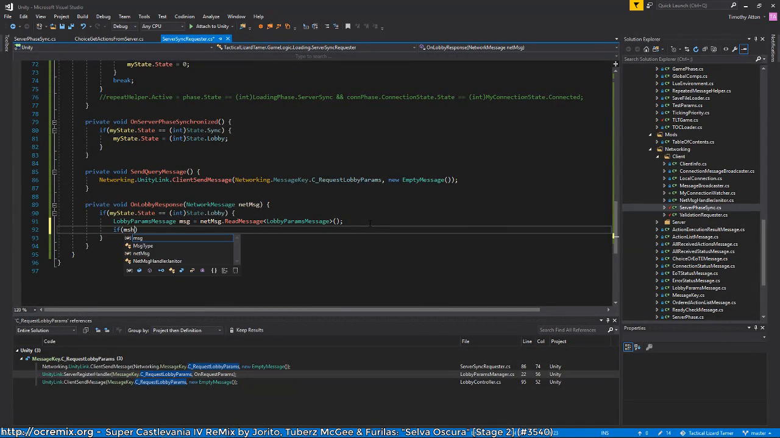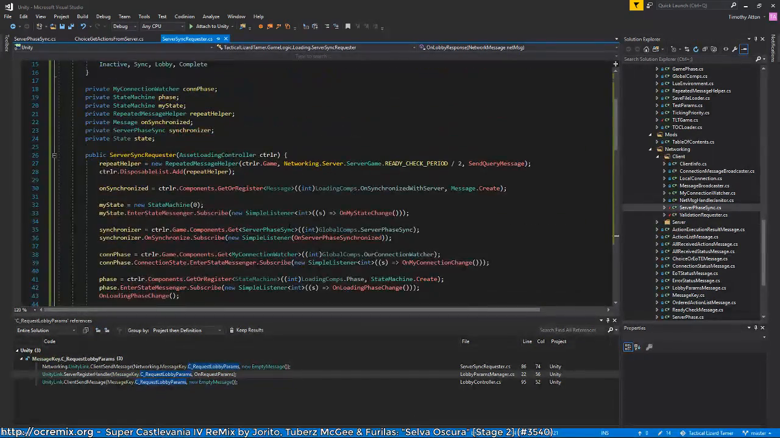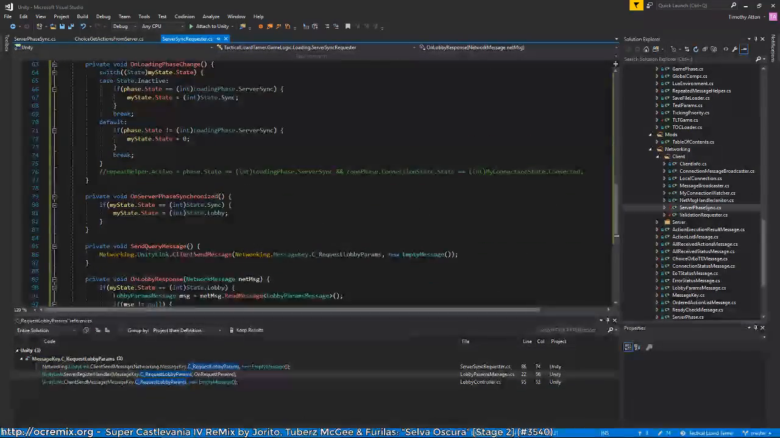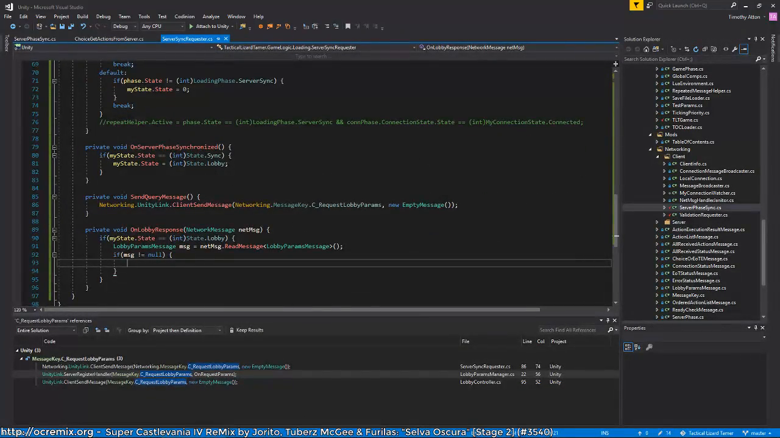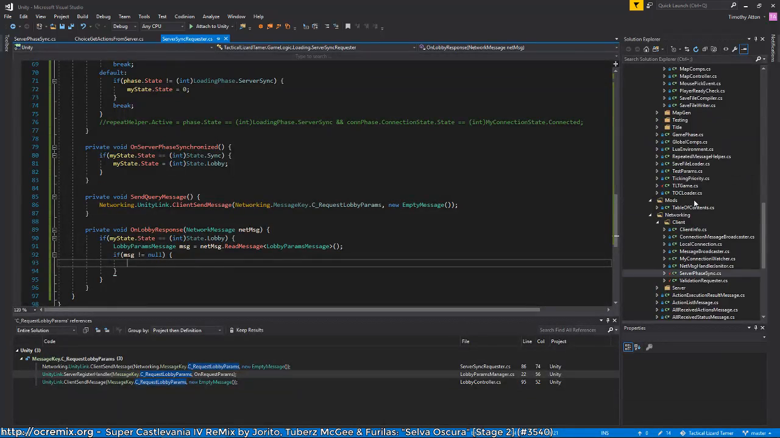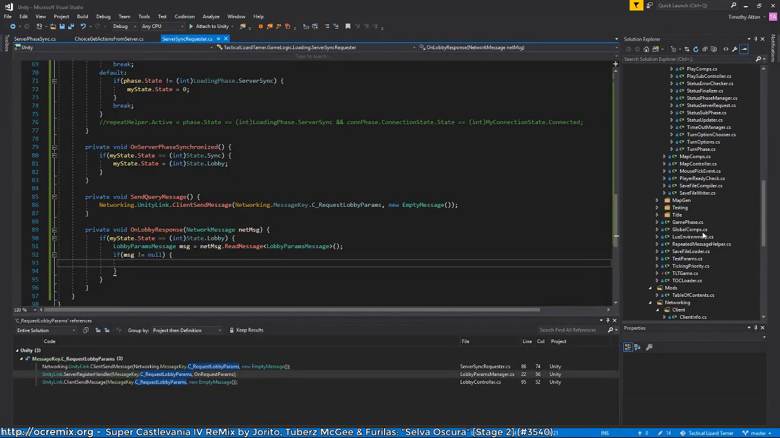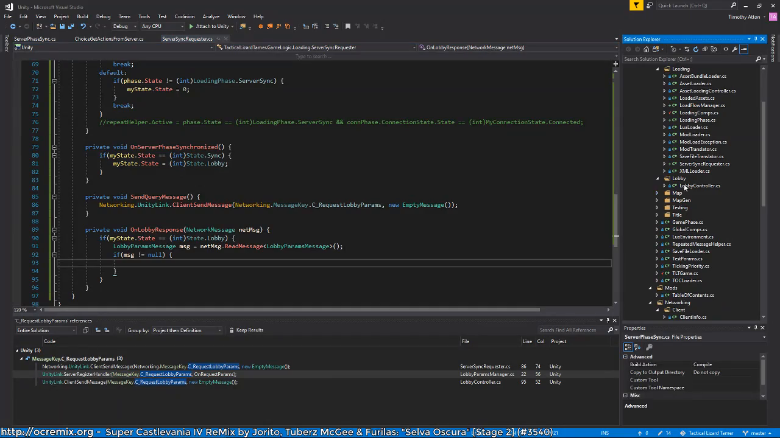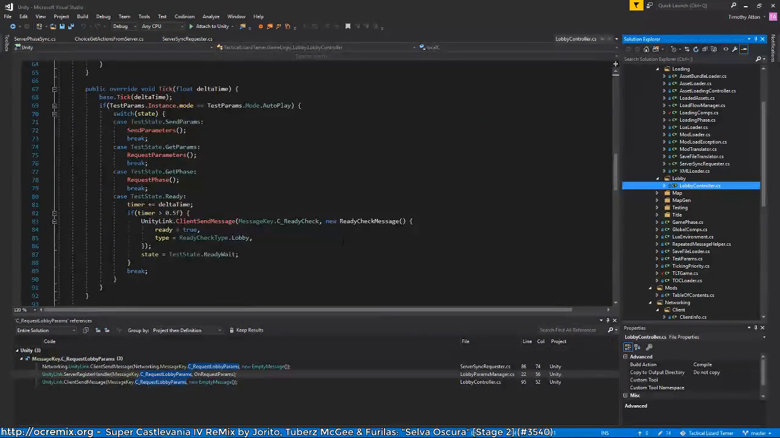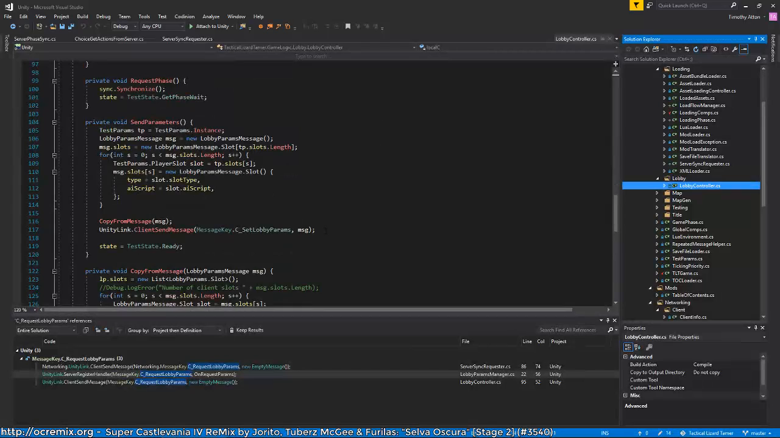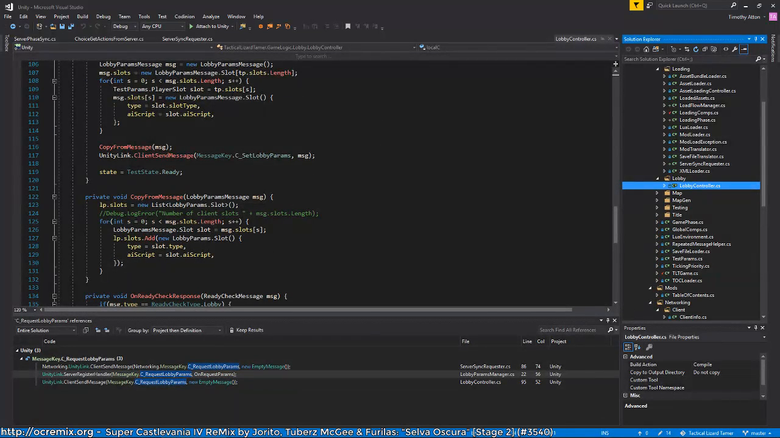Alright, so if message does not equal null, then we know we received correct parameters. So not sure how I translated backwards now. Let's look. I think lobby controller is what took care of it. Yeah, copy from message. Right now we just do the slots, but